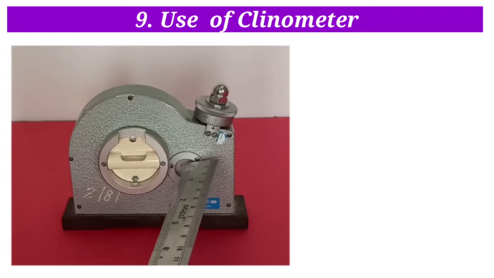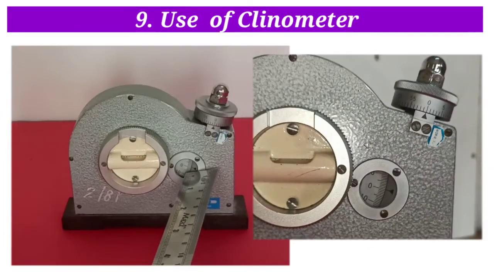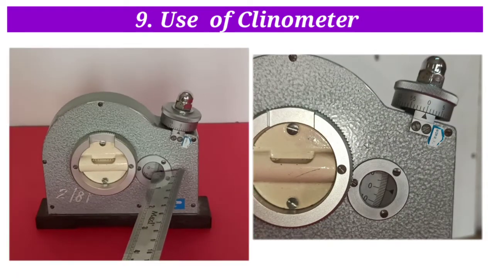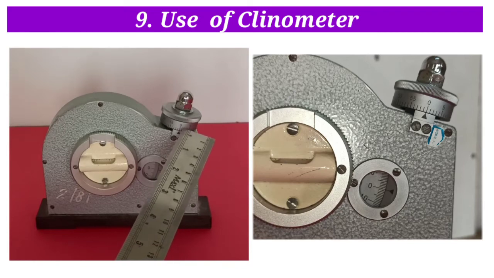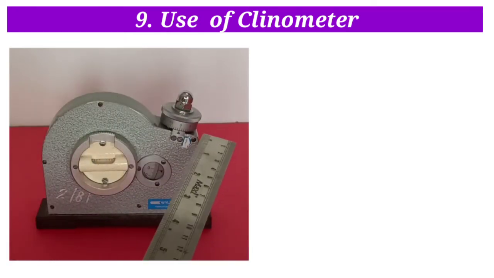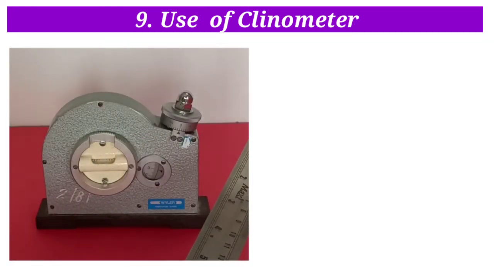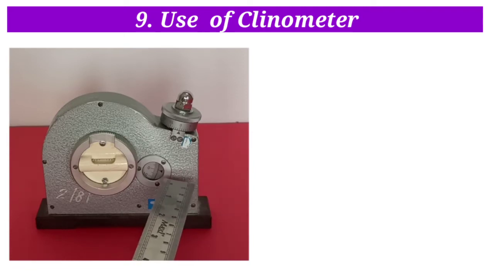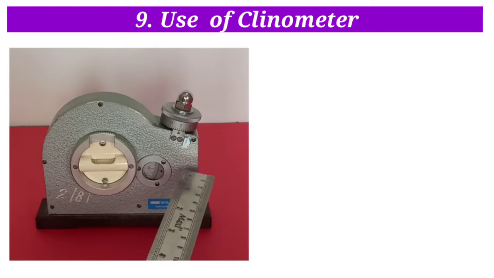There is a circular scale on the housing, a circular scale having 360 degrees, and this is another vernier type circular knob on which 60 divisions are marked. So the overall least count of this clinometer is 1 minute. The angle of inclination of the rotary member related to the base can be measured by the circular scale. The scale may cover the whole circle or only part of it.